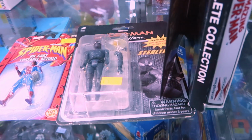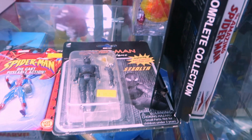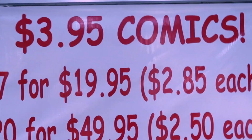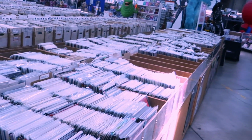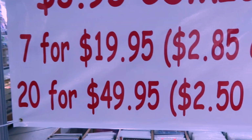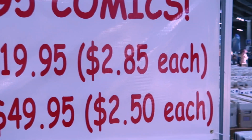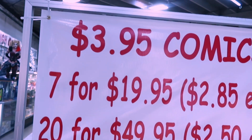It's for $10. Has him in a stealth suit, and it features a wall grappling suction cup, so that's kind of funny. And going to this comic bin right here, they have a whole bunch of really awesome Spider-Man comics, and as you can see right here, it's 7 for $19.95. 7 comics for 20 bucks. Honestly, not that bad of a deal for $2.85 each,